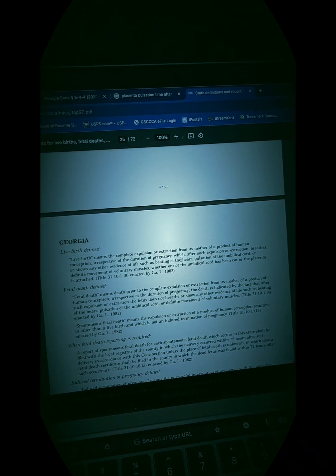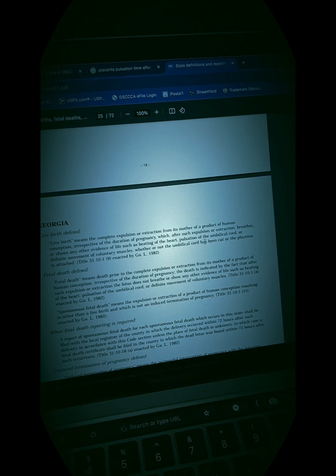Anyway, irrespective of the duration of pregnancy, which after such expulsion or extraction breathes or shows any other evidence of life, such as beating of the heart, pulsation of the umbilical cord, or definite movement of voluntary muscles, whether or not the umbilical cord has been cut or the placenta is attached. So it don't matter if the umbilical cord has been cut or whether or not the placenta is attached.